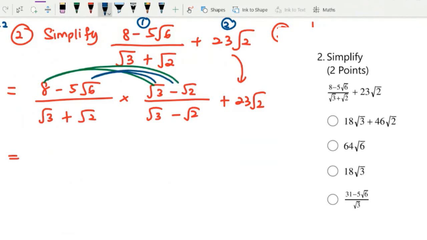Okay, you have to expand one by one lah, which you will end up having atas 8 third 3 minus 8 of third 2, then minus 5 6 times third 3 third 18 minus minus plus 5 6 times third 2 third